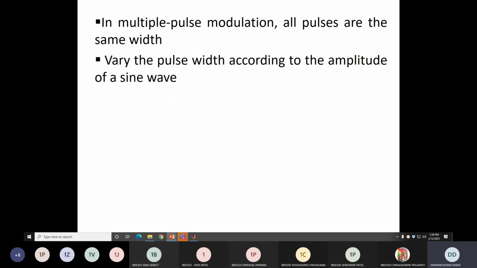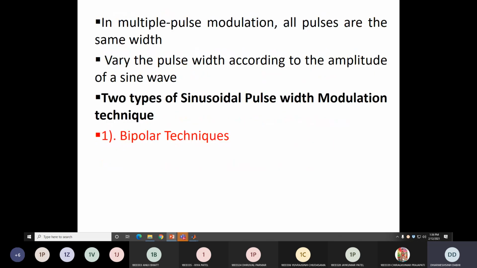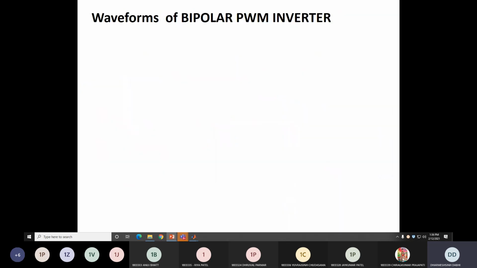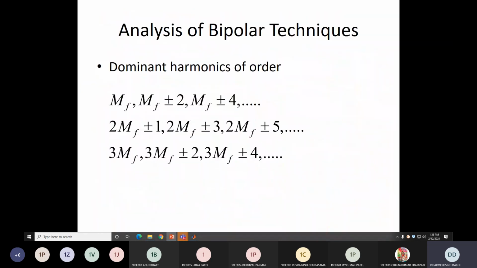Can we change the reference signal frequency? In most cases, our frequency remains 50 Hz. Yes or no? Our reference signal frequency remains 50 Hz. Clear. So we do not change the value of the reference signal much. The sine wave frequency will not generally change. So we require 50 Hz, but the lower order harmonics must be less.